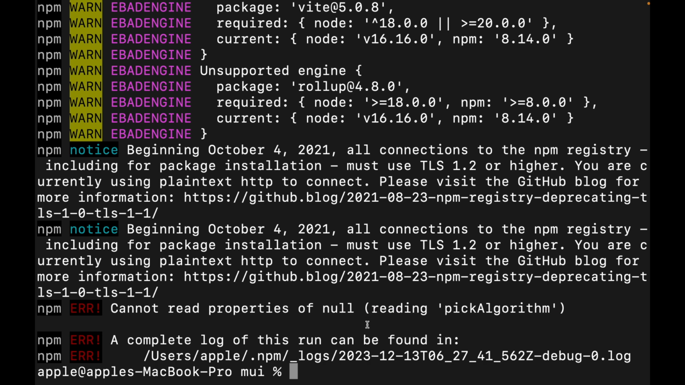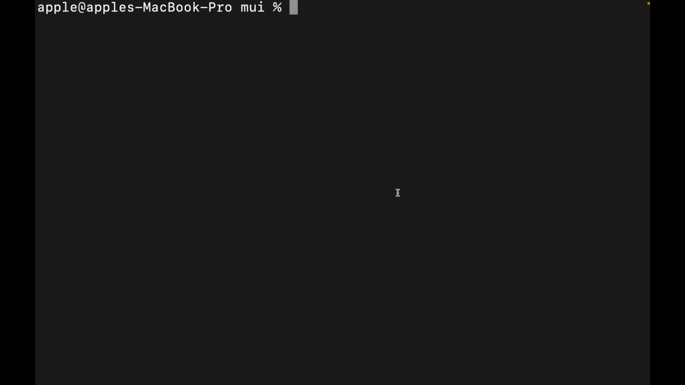Okay, so if you get this error, what you have to do is just clear your cache, and let me show you how you can do it. So now we are going to write a command to clear the cache. Here is how you can do it: sudo npm cache